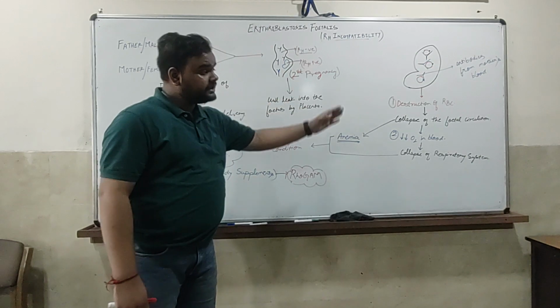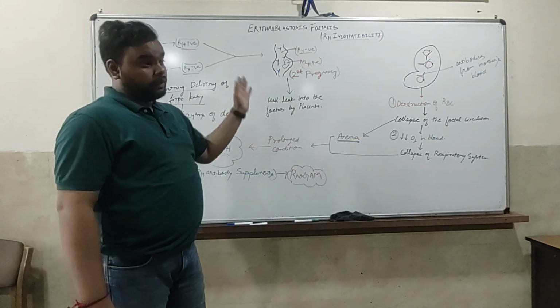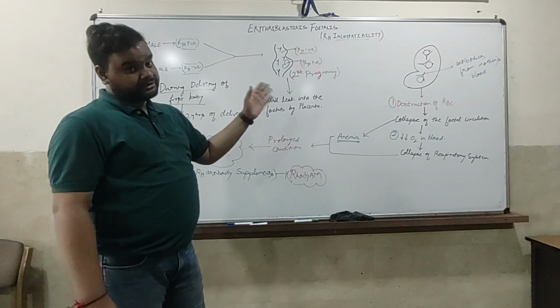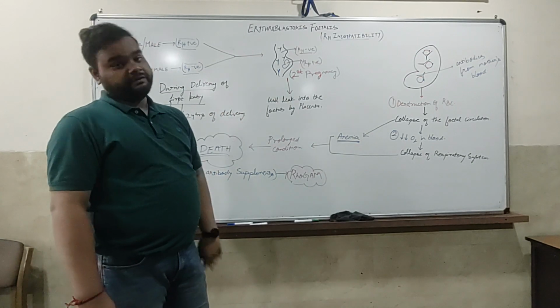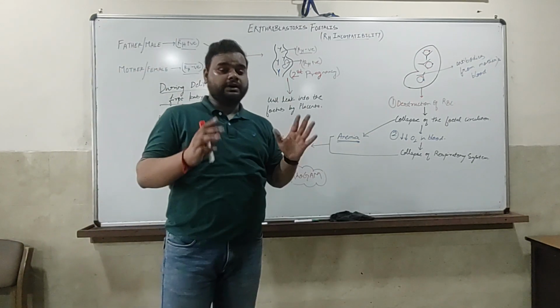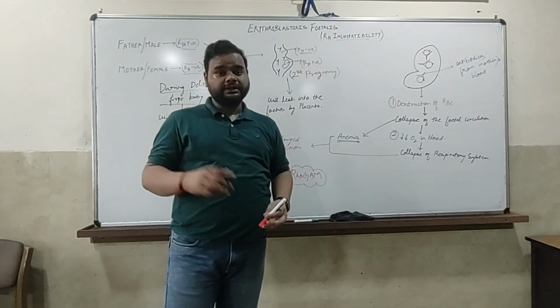So this summarizes our topic and helps us understand what happens in the topic, why it happens, because the RH positive factor is dominant over the RH negative factor, and how it can be prevented. I hope you have understood the lecture and the topic completely and have no doubts as such in this topic.